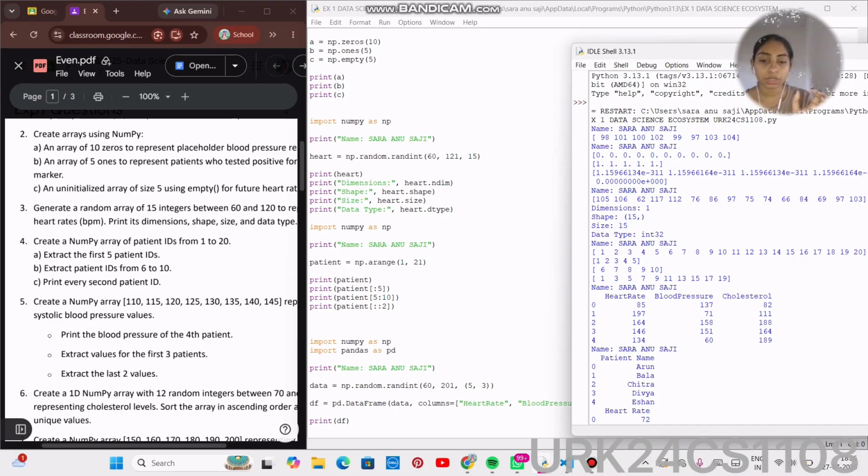Now we are giving the range in between using colons. So the starting number is 5, and then we want to include 6, and then till 10. Then for every second number, we're putting 2 colons,